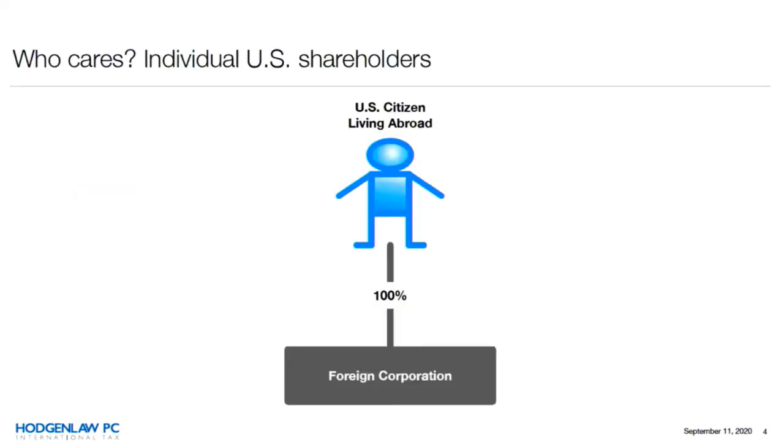First things first, this is the type of person that we're going to solve the problem for today. You've got a generic U.S. citizen. I'm arbitrarily saying that our U.S. citizen is living abroad, running a generic kind of bricks and mortar business, nothing fancy. Could be anything from a little manufacturing plant to a dry cleaning store. Just running it through a corporation like every other business in that country where our U.S. citizen is living. The same principles are going to apply if you have a U.S. citizen living in the United States,